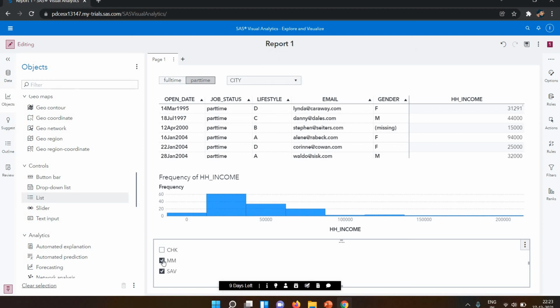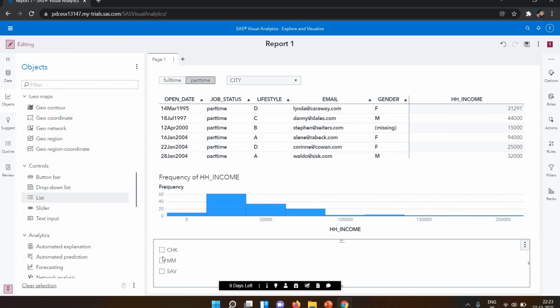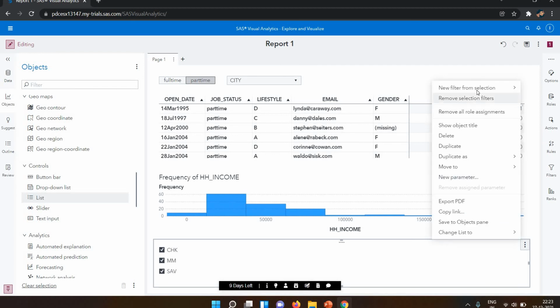If I select saving, because right now my chk is selected, then they will be showing the saving account data. If I select multiple ones, they will show the multiple data.